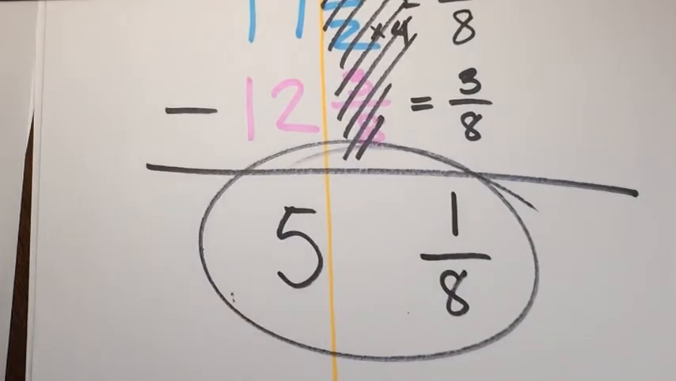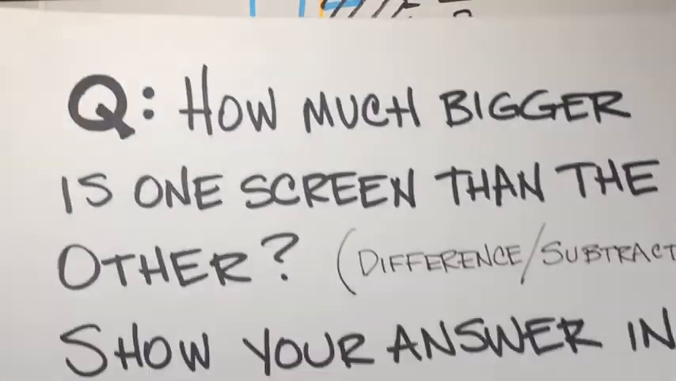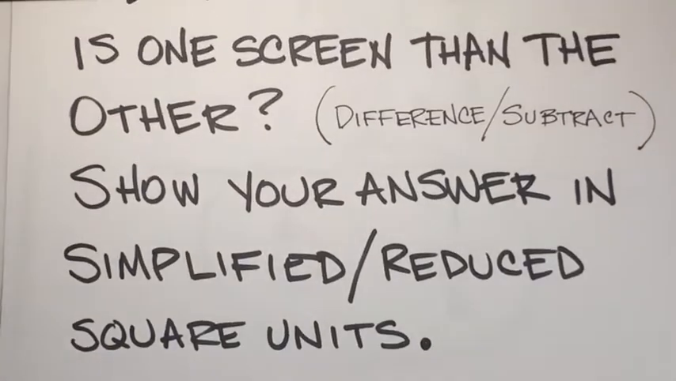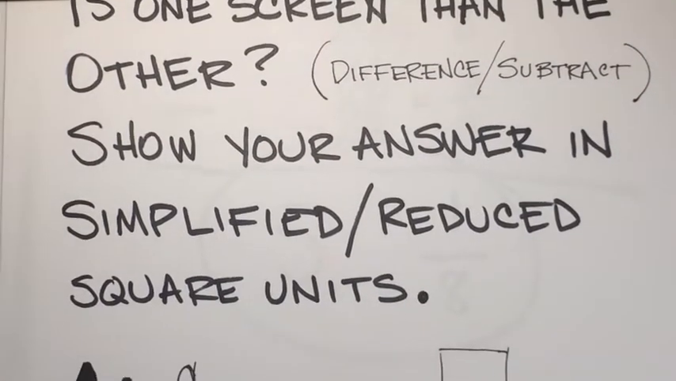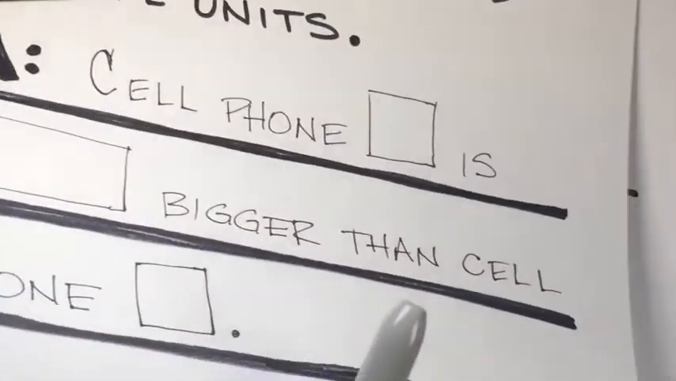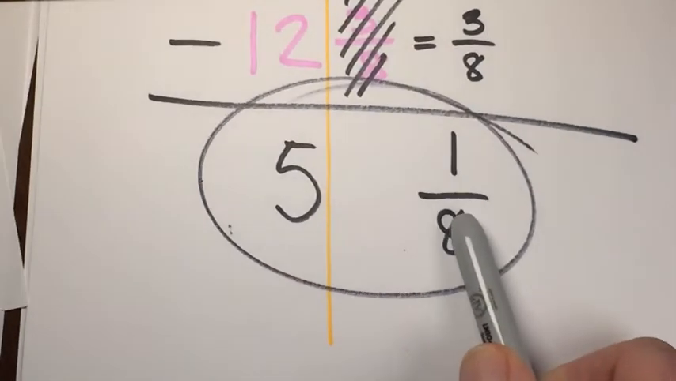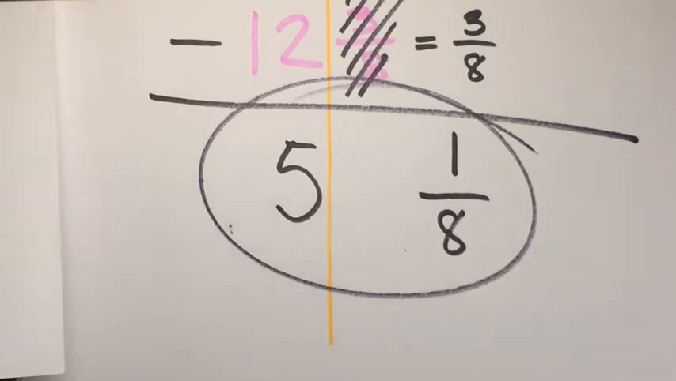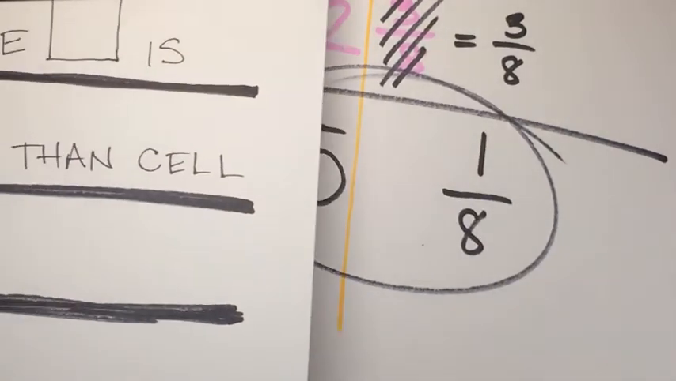So let's see if we can answer our original question. How much bigger is one screen than the other? Find the difference. Show your answer in simplified or reduced square units. So, can we simplify this anymore? Looks like nothing. We'll divide 1 and 8, so I think we're good there. So it looks like our final answer is going to be